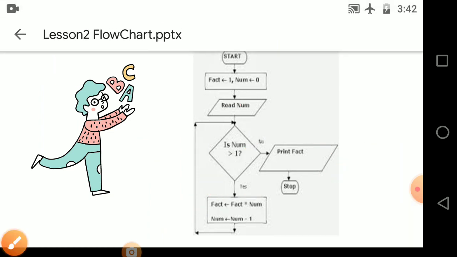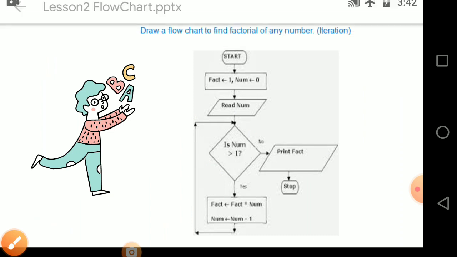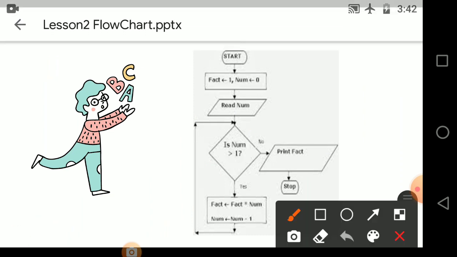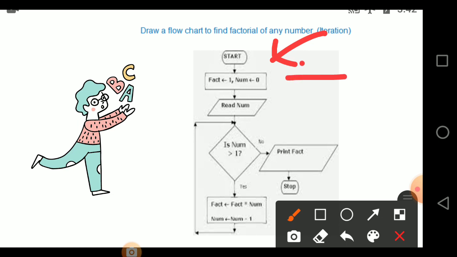Similarly, this flowchart starts with start. Fact is a variable used for storing the factorial, initially 1, and num is the number, initially 0. Then you ask for the number from the user. The number is input and read by the computer, and it checks whether the number is equal to 1.